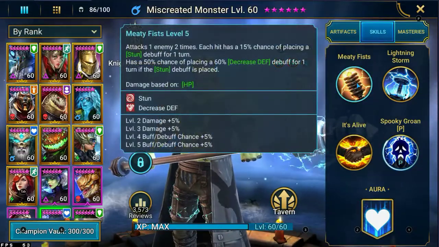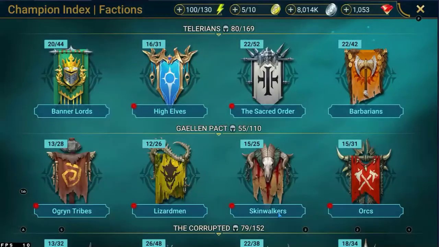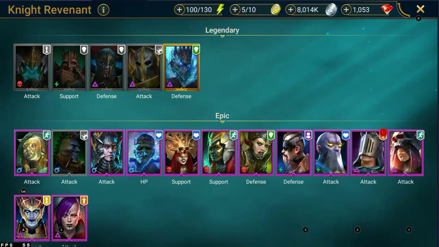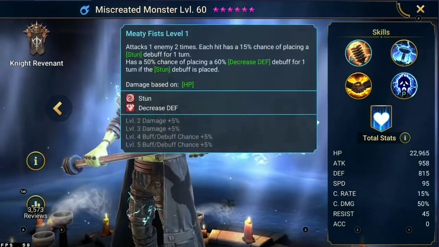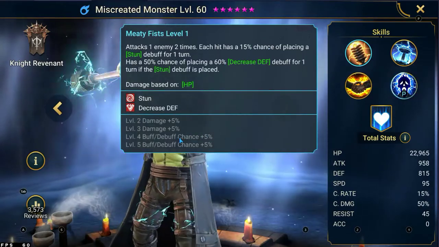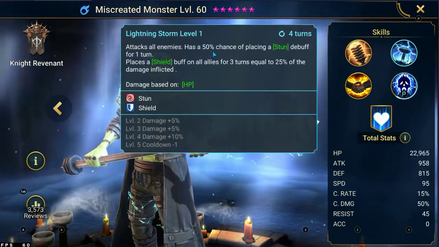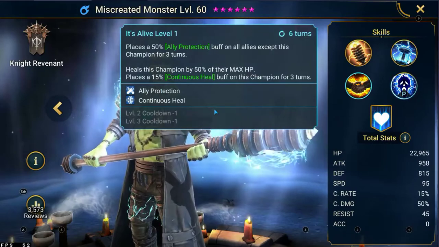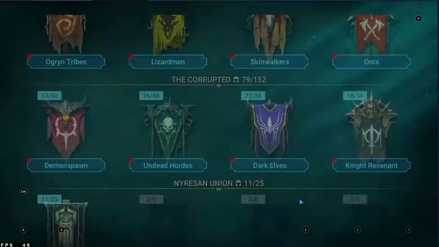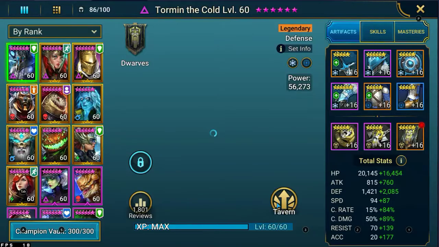Do want to check something real quick. 15% right there. Go to the index. I want to see what his base is. Okay, so it says 15% chance normally, so mine's skilled all the way out, so it's 25%. Let's see, 50% chance, no increase. No increase. Okay. And this is going to be important because if I'm not mistaken, I think I went heavy